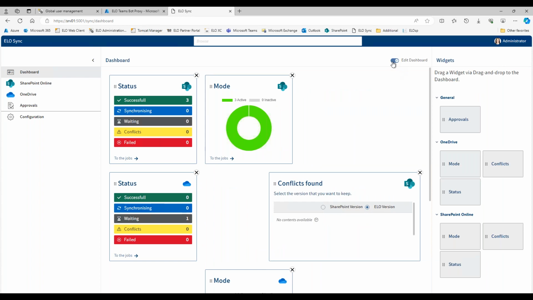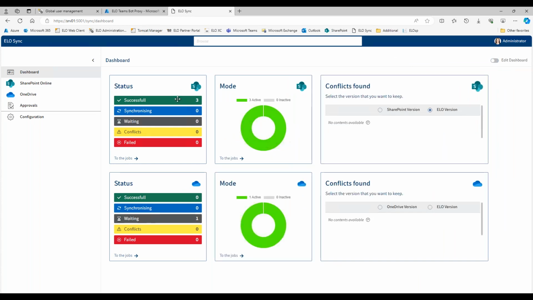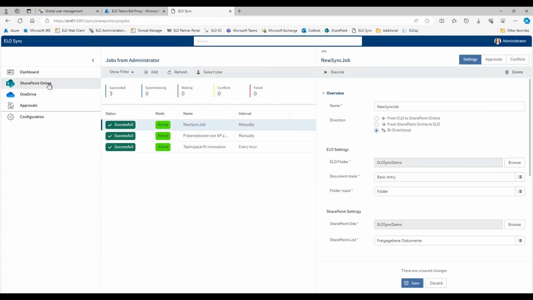So with the Edit Dashboard switch here, there are a lot of widgets that you can have on the dashboard. So I've chosen the most useful ones for me: the status, mode, and possible conflicts. Here in ELO Sync, you configure what to sync in which direction with ELO and SharePoint. For example, I have a team space here,